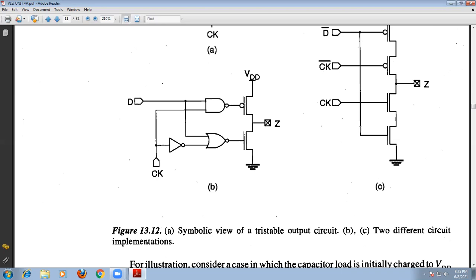This is because of wire bonding. The signals are connected through the output pad to the wires, and every wire has some inductance. Therefore, the on-chip noise problem is due to the L dI by dt drop. The dI by dt is the rate of change of current through the inductance of the wire, so there is a drop that can be considered a noise signal. This is the L dI by dt drop across the bonding wires connected to the output pad. This is the output pad.